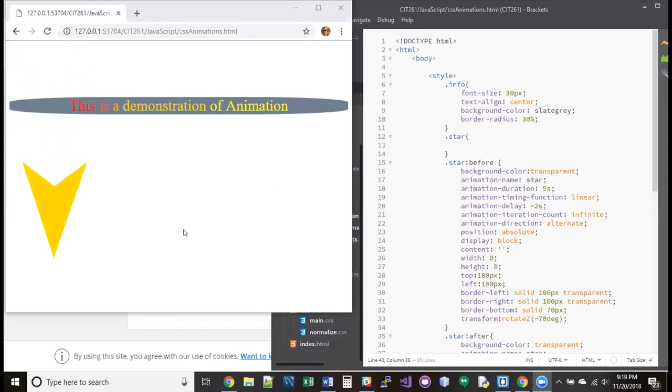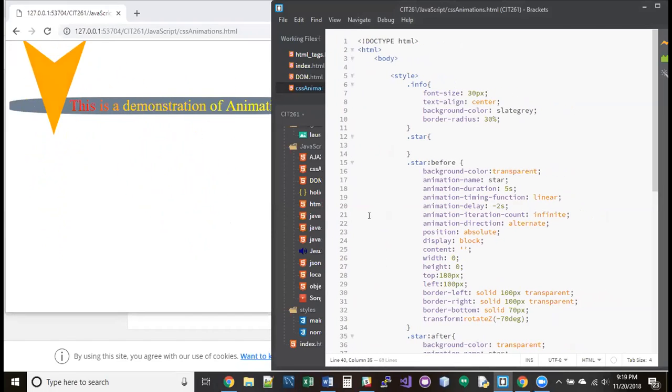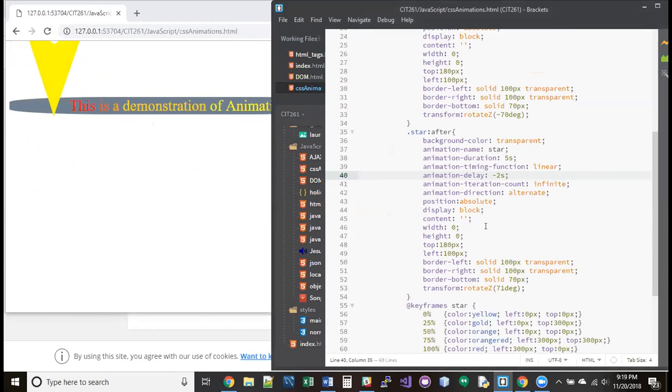Okay, so this is my animation. It's, like I said, pretty bare bones. It's nothing, but it's supposed to be a star. It's not supposed to just be an arrow. Well, it looks cool. And I just got tired of fighting with it, but what it's supposed to do